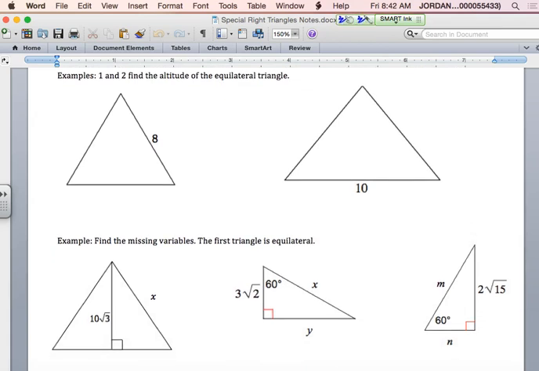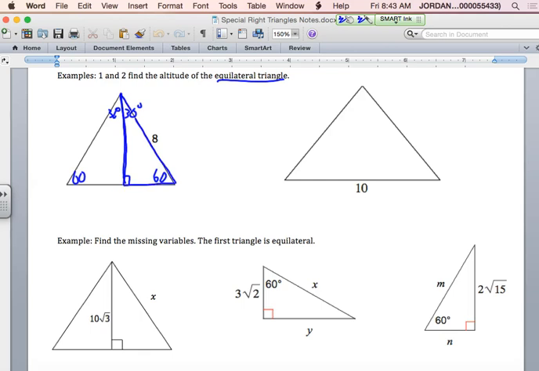It says 1 and 2 says find the altitude of the equilateral triangle. Okay, so an altitude is when we just draw a line straight down. But now, since it's an equilateral triangle, we know that all 3 angles of the triangle are 60 degrees. So this is 60, this is 60, and the one up here is 60. But because we draw the altitude, it cuts it into a 30-degree angle and a 30-degree angle. Okay, so looking at this right part right here,